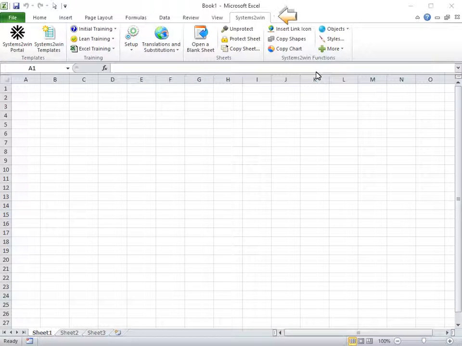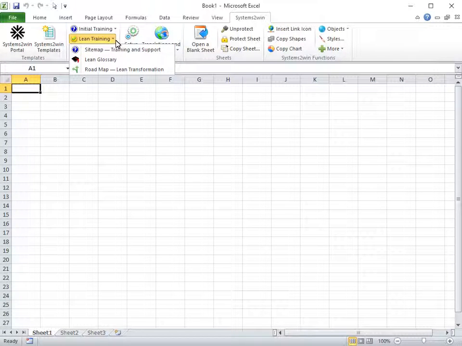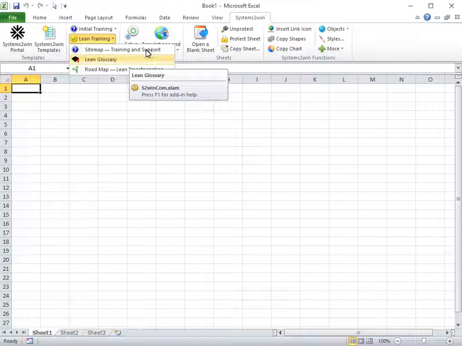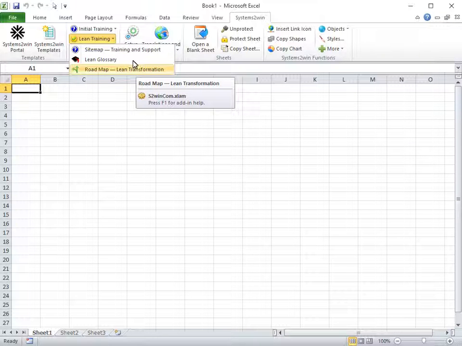Let's go back now to the Systems to Win menu in Excel and notice that it too has links to the most popular training pages, including the site map that we just saw, as well as a lean glossary for potentially confusing terminology, and a roadmap for a typical lean transformation.